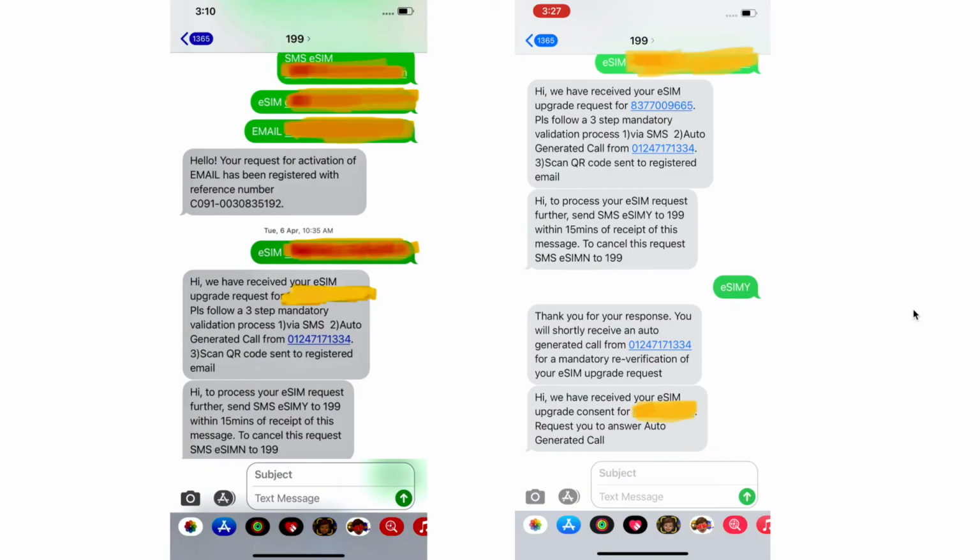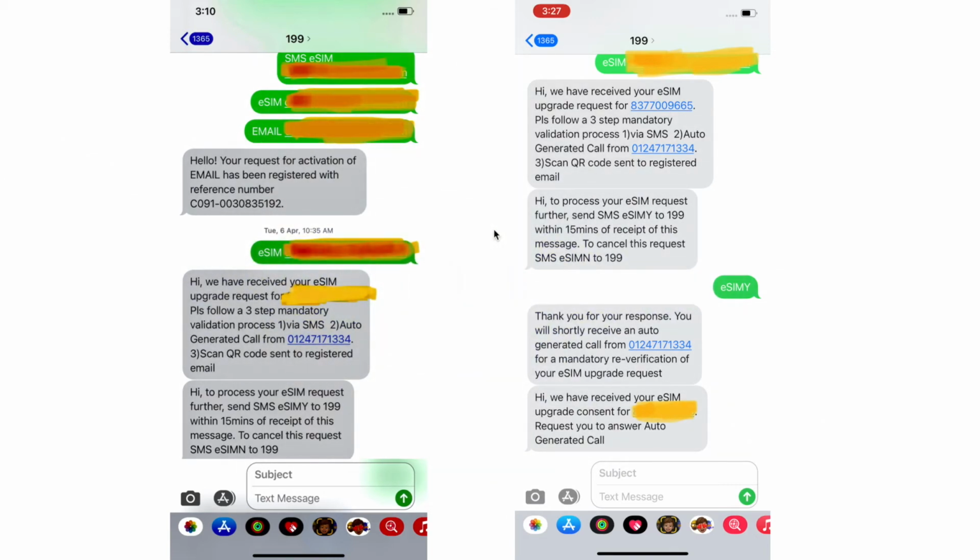Another topic is how to transfer an eSIM from one device to another device. This is a different process that we never heard of or experienced, because so far we have used physical cards, which are very conventional. Just pull it out from one device and insert it into another device, and that's it. It comes up and you just use it as usual. But here it's a completely different approach.